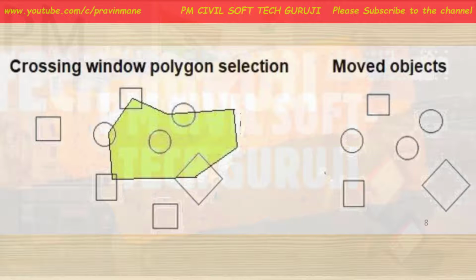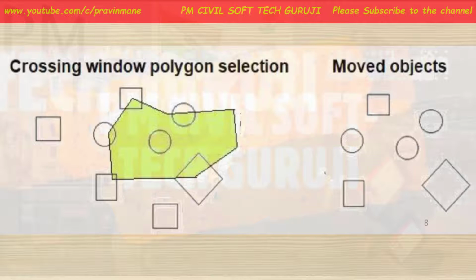Now, multiple selection. As far as multiple selection is concerned, multiple selection allows selecting individual objects without them being highlighted during the selection process. We need to type M on the command line or command prompt to activate it. So during selection mode, if we type M, the move command may also activate. But in selection mode, type move.